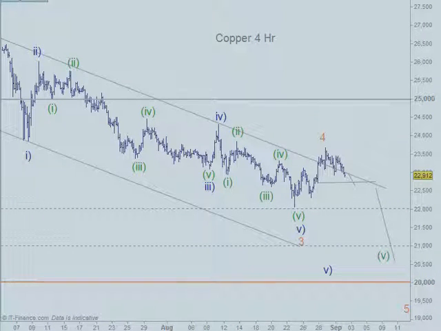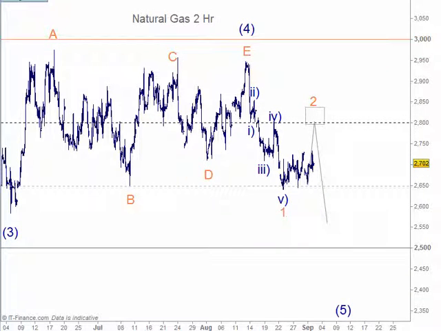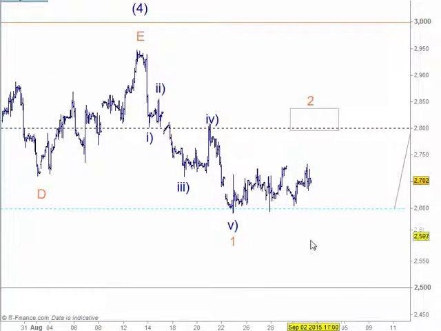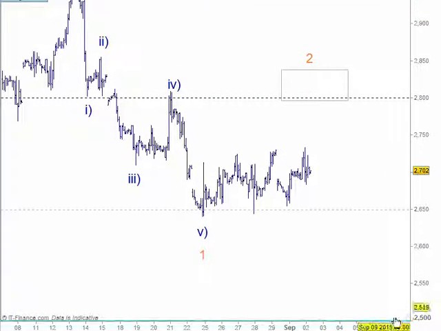And the next market we can look at is the energy sector, and we'll have a look at natural gas because we didn't look at that yesterday. What I've been looking for here is some sort of move to the upside, and basically we're getting that, which is good. So it's sort of in line with